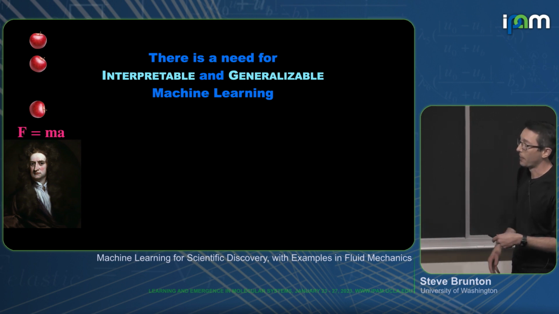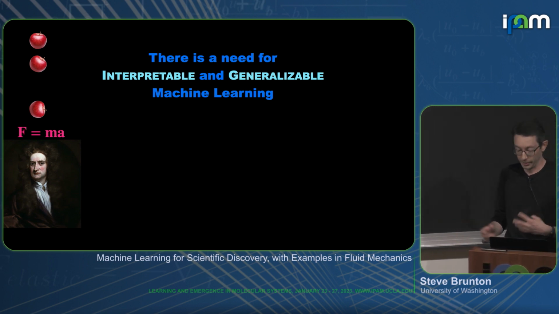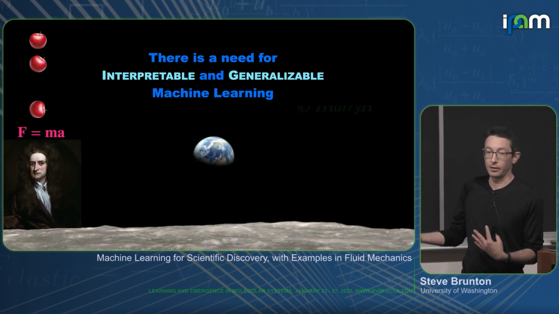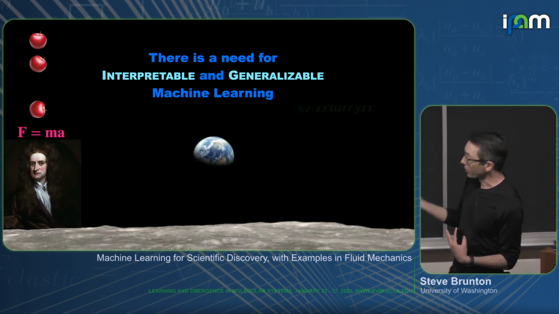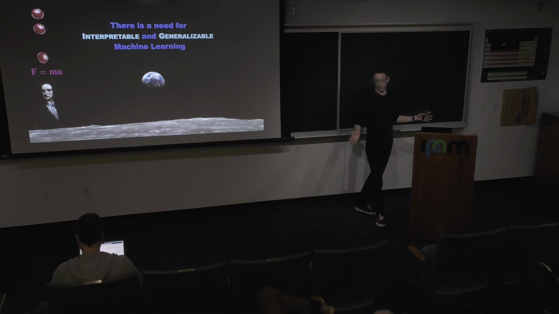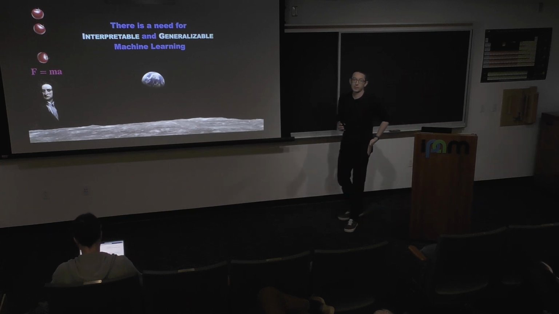They're also generalizable in the sense that you can learn F equals ma from an apple falling on Earth. That's how the story goes. And it's still valid when we land humans on the moon. That's the ultimate generalizable model. Now, of course, you could train a deep neural network on videos of apples falling. You might need 1,000 videos of 1,000 apples falling, and it will generate new videos that will fool all of us in the audience. But that's not going to be useful when we land humans on Mars. We want models that generalize well beyond where they were trained. So what's the characteristic of models that generalize?